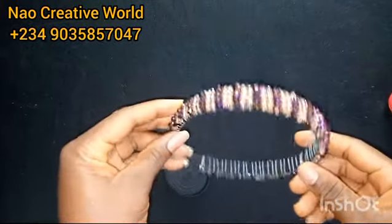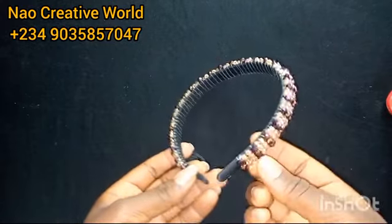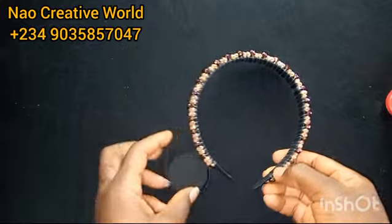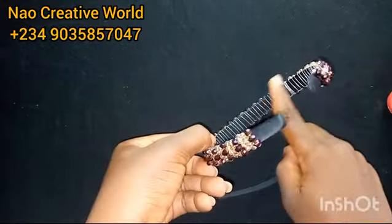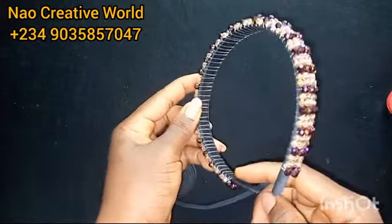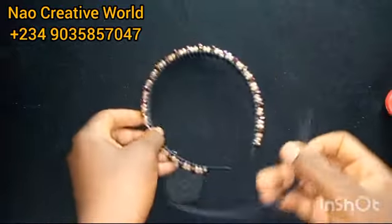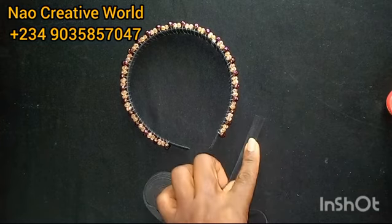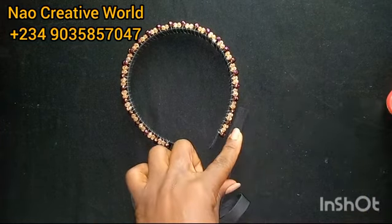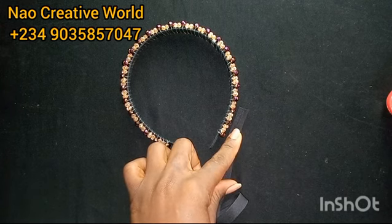So this is what I've gotten so far. Can you see? So I've been able to secure that here, and this is it. Now I'm going to get my bias stripe. This part is not neat. Can you see? Or you may want to leave it like that, but I want to cover it up with my bias stripe. Okay, so I'll be needing my hot glue gun, but because there's power failure over here, I'm going to be using